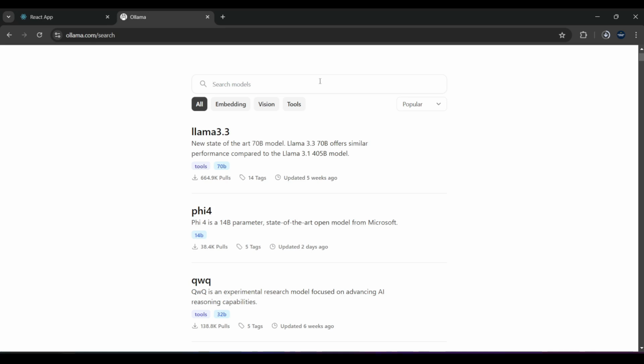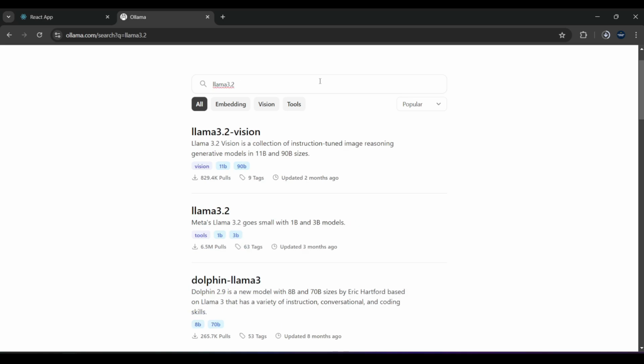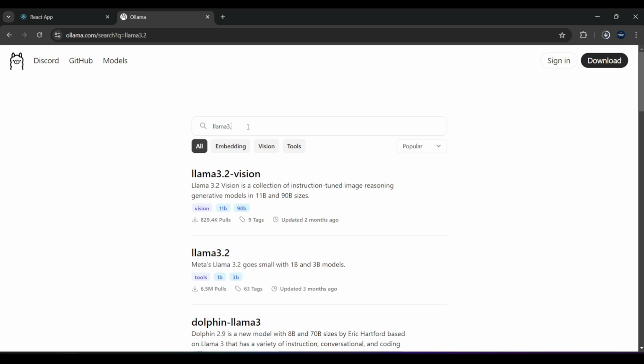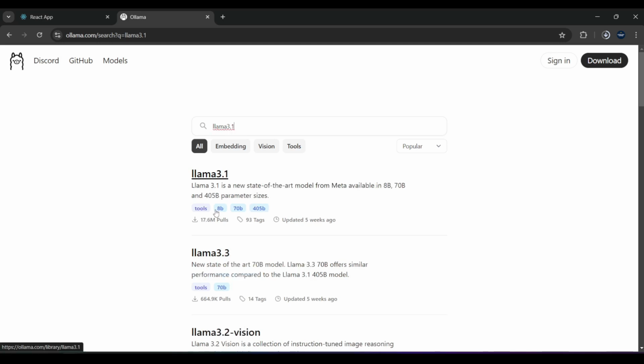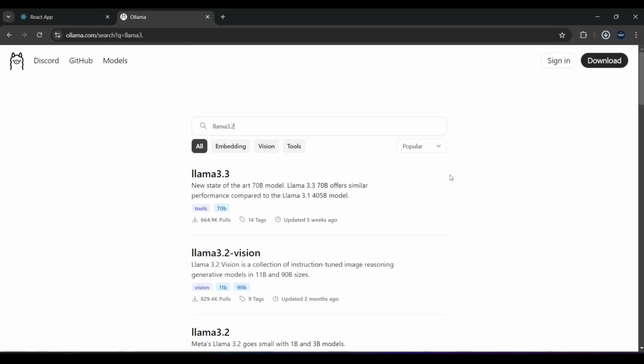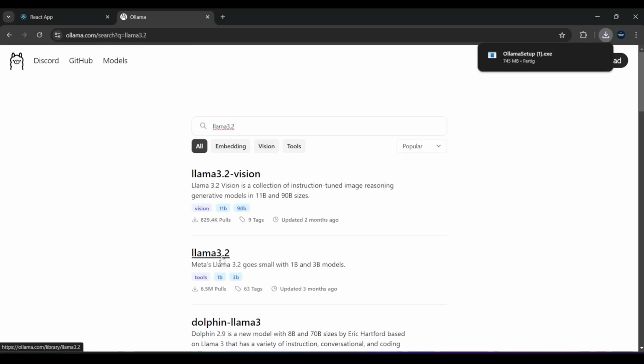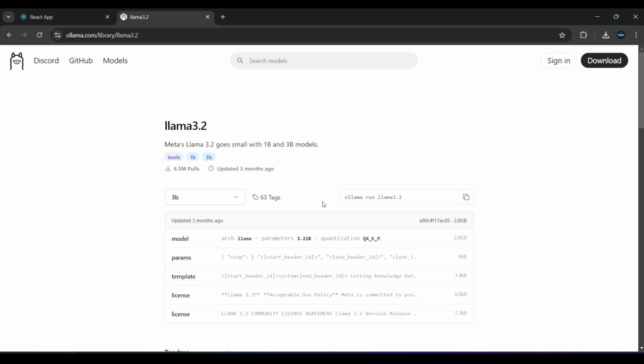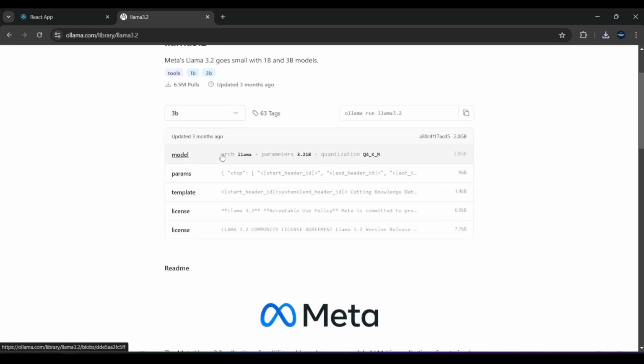You can search for that, for example. So you can see here the Llama 3.2, we have like 1 billion parameters and 3 billion. The Llama 3.1, we have 8 billion and 405 billion. Yeah, and you can explore this on your own also if you want. Let me go back to Llama 3.2, and I want to click on this, and you can now see more information about it. So for example, the architecture, the parameters exactly, so 3.21 billion,